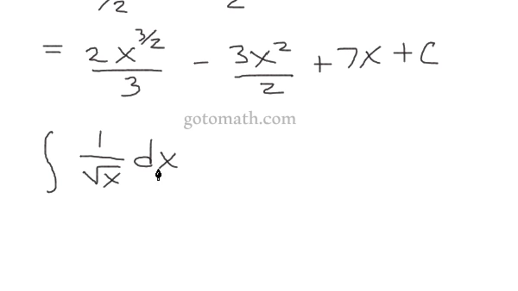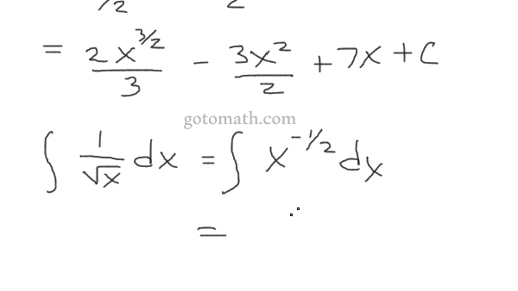Okay, what about this one? Well, a lot of times we have to rewrite it, and so this becomes x to the negative a half dx, and then we go from there, right? Adding 1 to the exponent and so forth. I'll let you work that one out. Hopefully you can get that worked out there and get the answer. Remember,